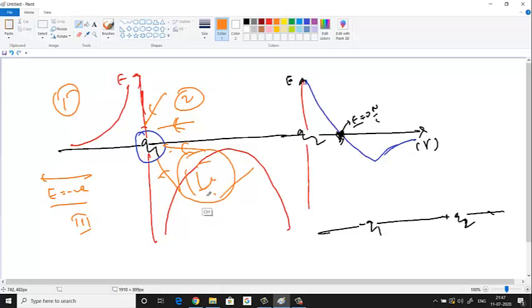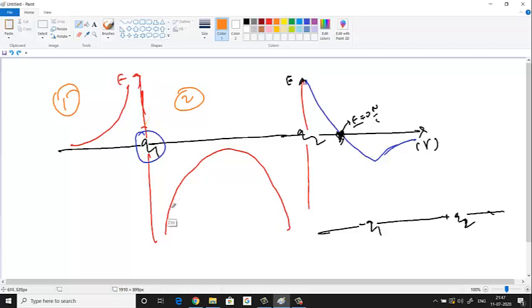Okay, sorry, this is first. I'm sorry. This is first, this is fourth. So you have to look at the fourth quadrant. Fourth quadrant only we are getting a graph, no? Now, Q2 has to be positive. If we can prove that Q1 is negative, then Q2 has to be positive only. Why? Only then you'll get this graph.